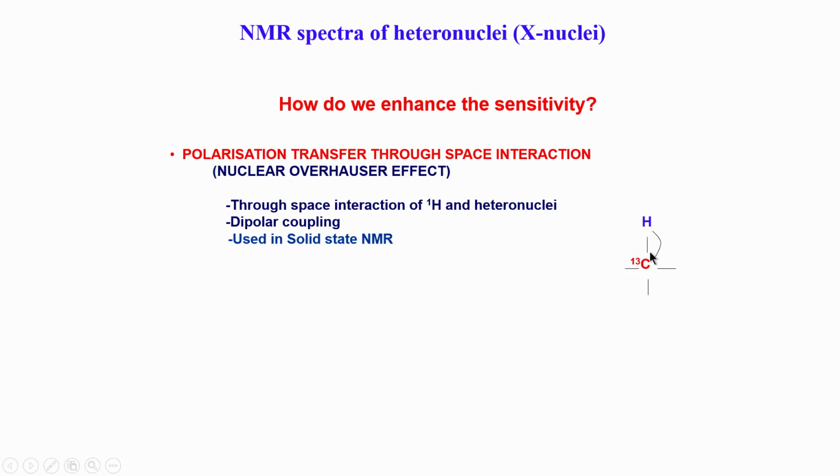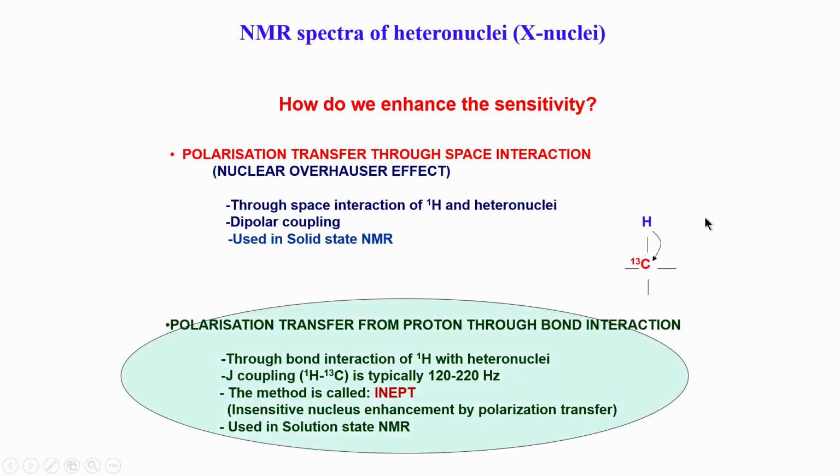We are now considering, remember, the directly bonded proton and carbon. So, this is what is shown here: we use the J coupling between proton and carbon, which as I said has a wide range, the average being around 140. We use this, and the method is known as INEPT. This uses J coupling to transfer the polarization from proton to carbon, and INEPT is an acronym for this mechanism: Insensitive Nucleus Enhancement by Polarization Transfer.